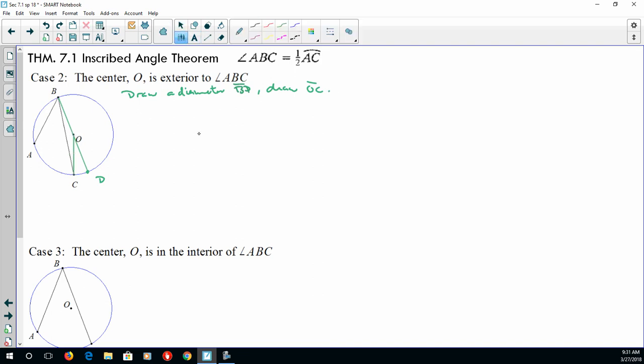Now the measure of arc AC equals the measure of arc AD minus the measure of arc CD. Right? So it's the big arc here minus this little piece will give me AC. All right. Now, AD. So we're looking at big from A to D, okay, and the measure of arc AD,